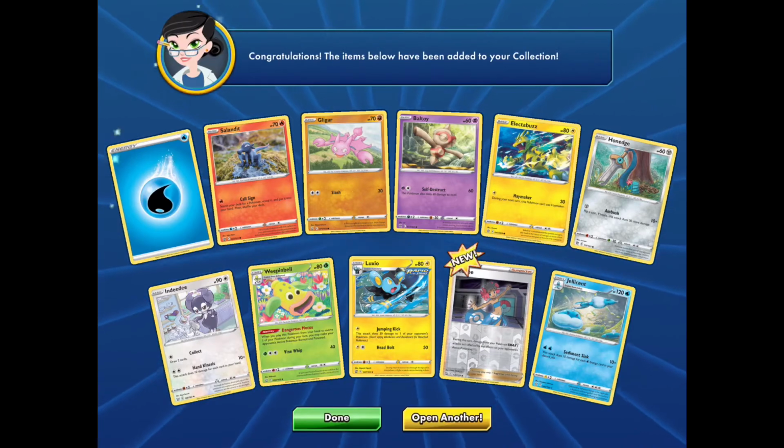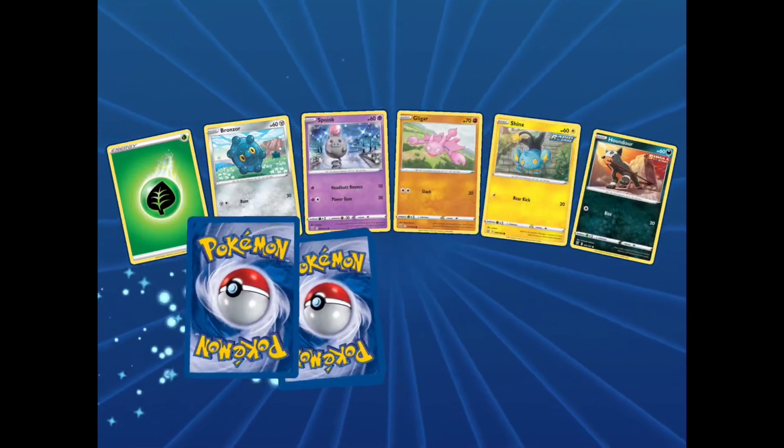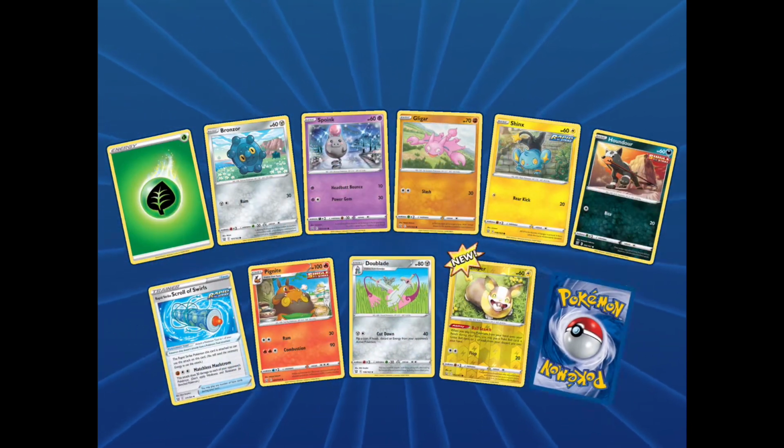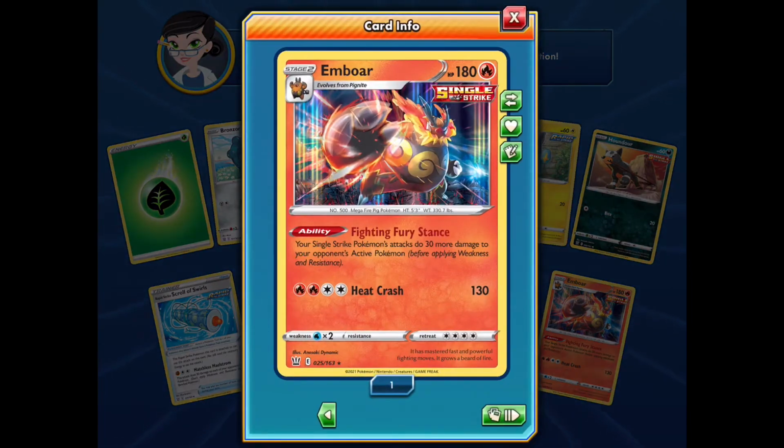Another Reverse Trainer and Jellicent. Not too crazy. We get a Grass Energy in this pack, and some trainers, a new Pokemon's Reverse Holo, and we do get a new rare in the form of Emboar, which is your single strike Pokemon's attacks do 30 more damage to your opponent's active Pokemon,